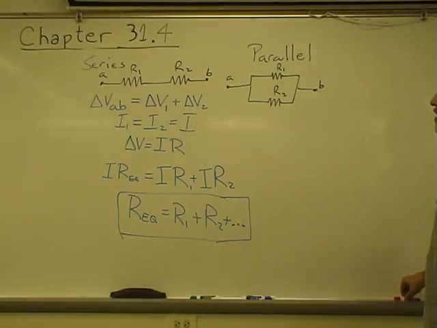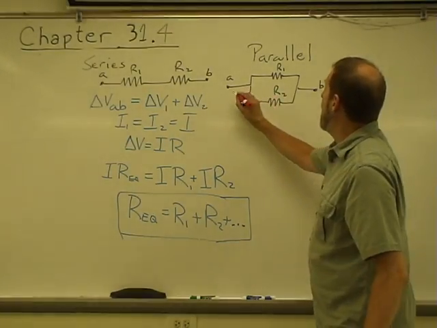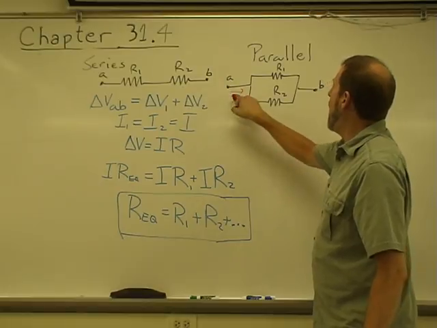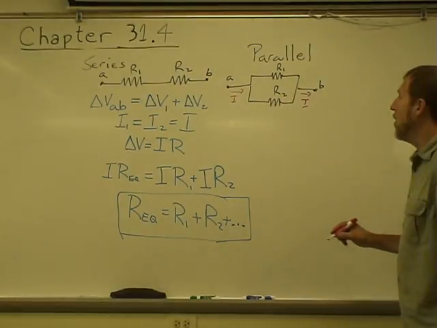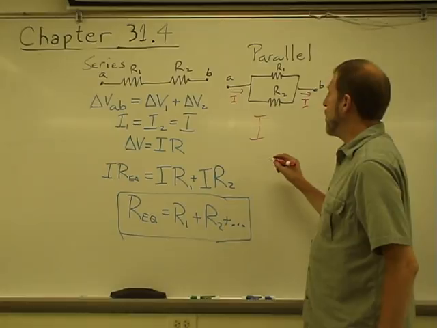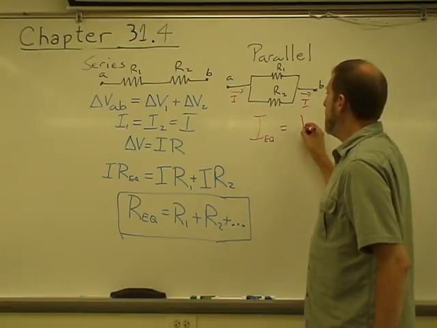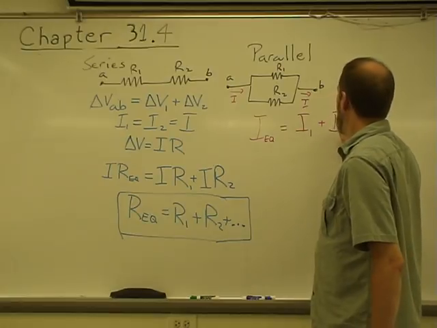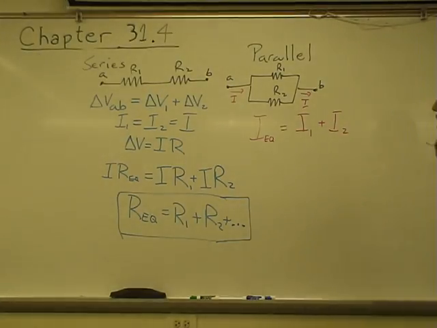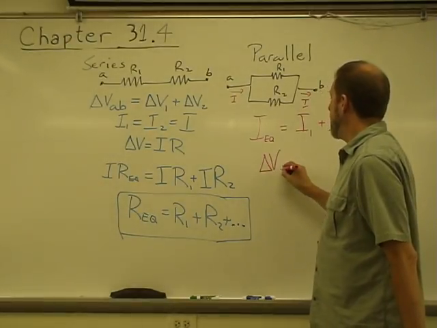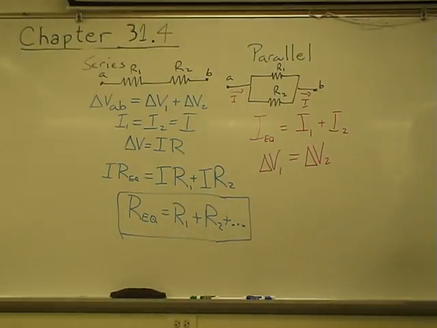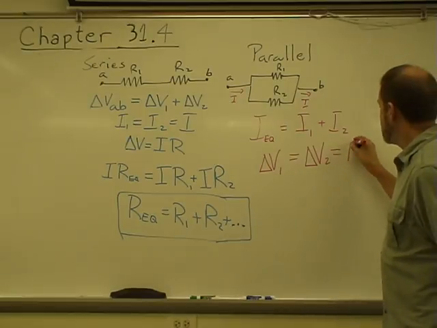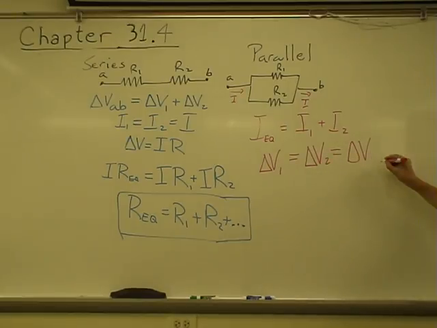Now, let's look in parallel. Okay, I know that the current I from here to the branch point comes back into a current I after they join back together. So that single current through the equivalent resistor has to be equal to I1 plus I2. I also know that the change in potential over resistor 1 has to be equal to the change in potential over resistor 2, has to be equal to the total change in potential over the equivalent resistance,